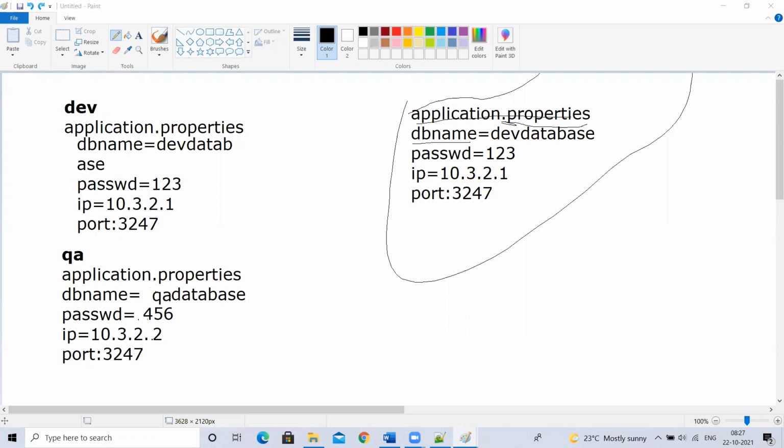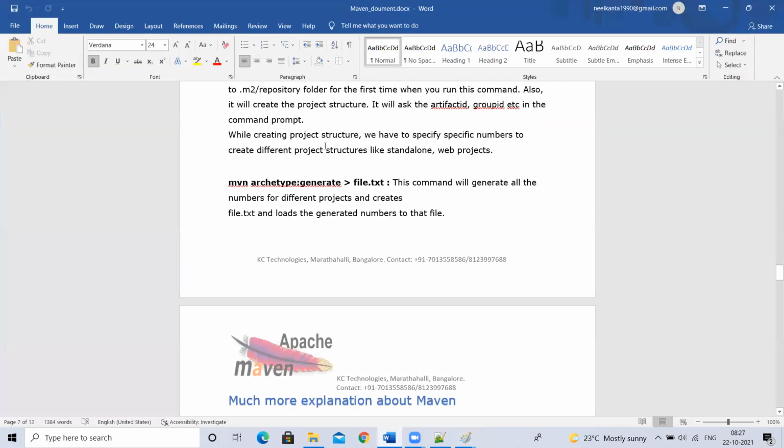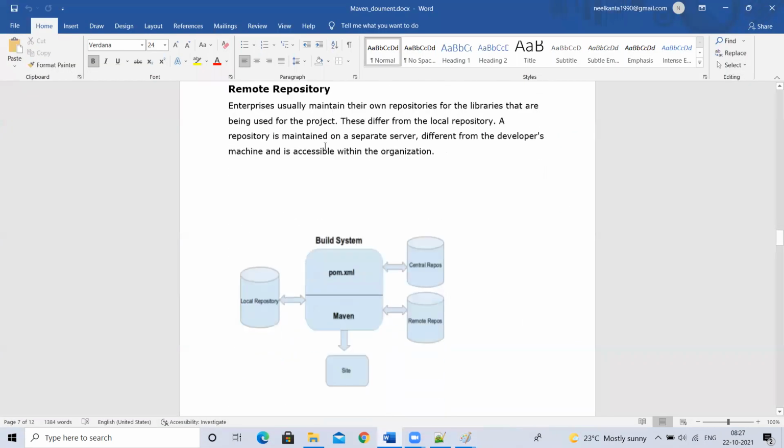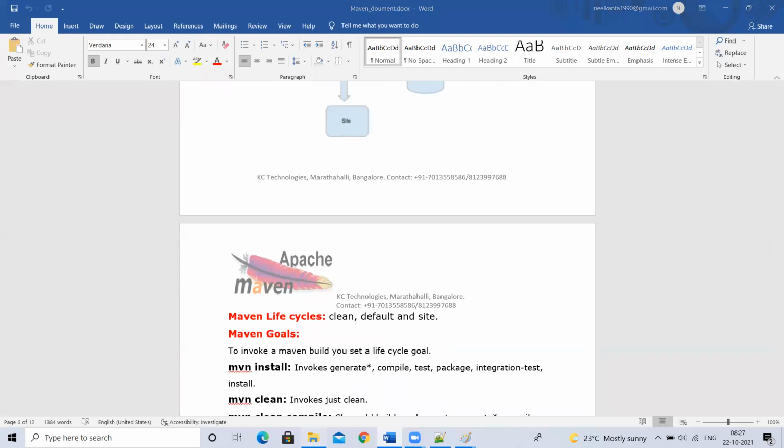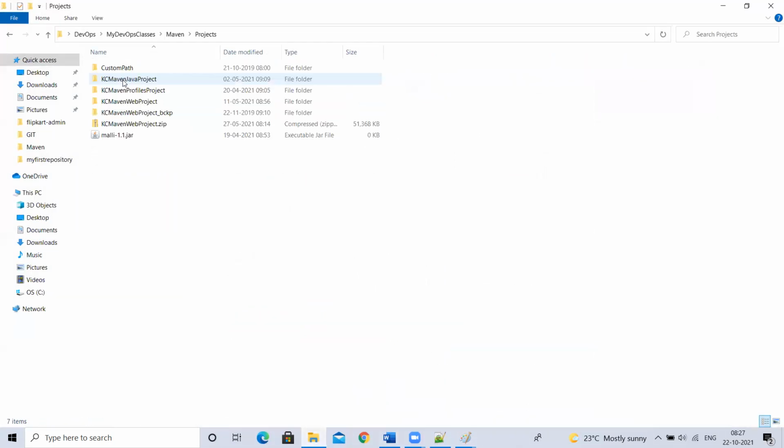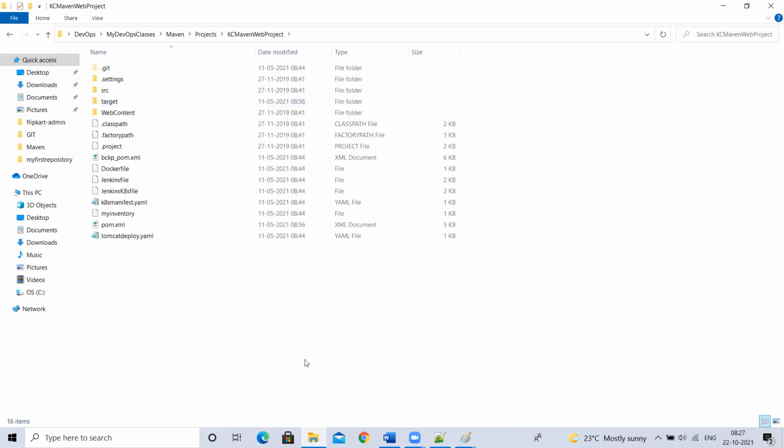Okay, next, I discussed Maven. Let me discuss the Maven project structure. See, if you are creating a Java project, for example, we are one team and we got a new requirement to develop one application, like a school website, a hospital application, or a Flipkart-like application.